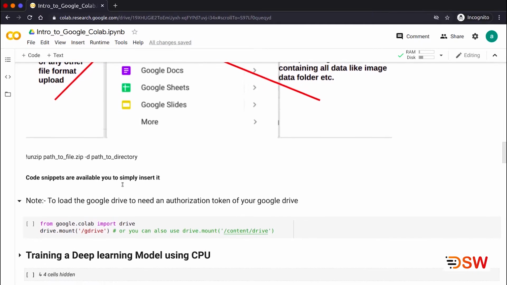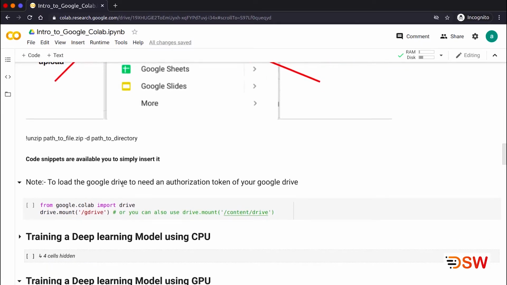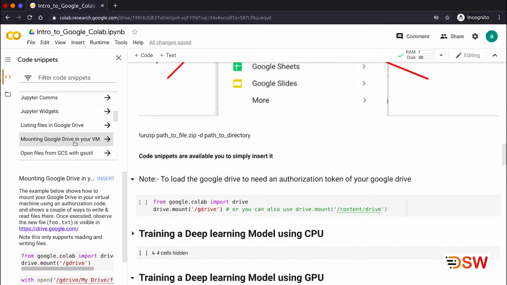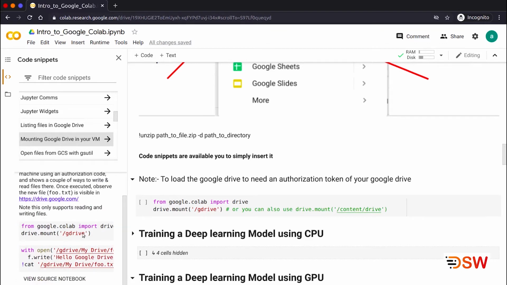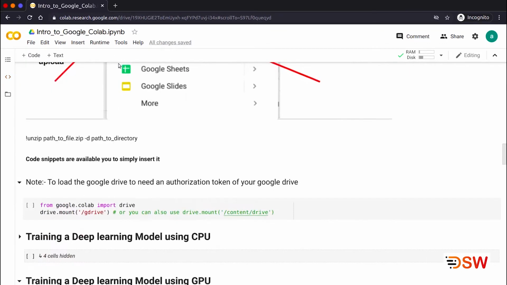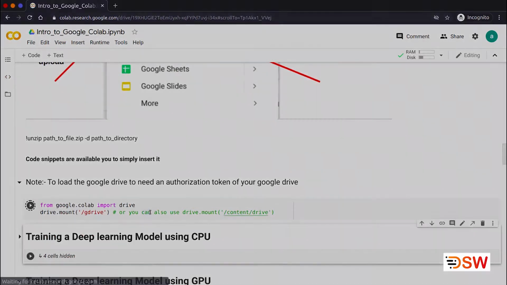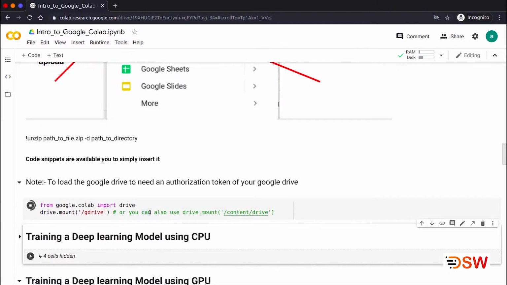After loading the data in Google Drive, we need to give authorization to the Google Colab notebook to access Drive. To do so, we will need to mount the drive. We can do this by simply clicking on this code snippet. We can execute this command, and this will now show the authorization code space, which we need to click on